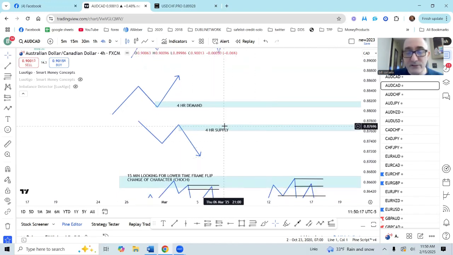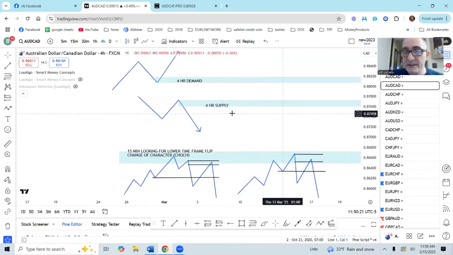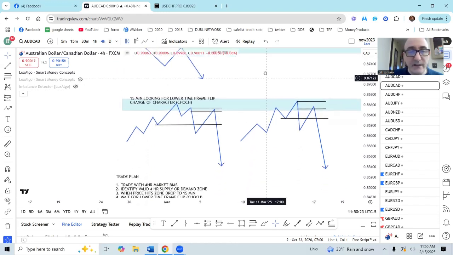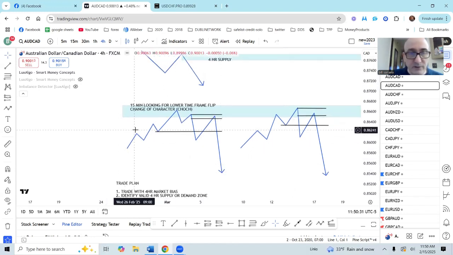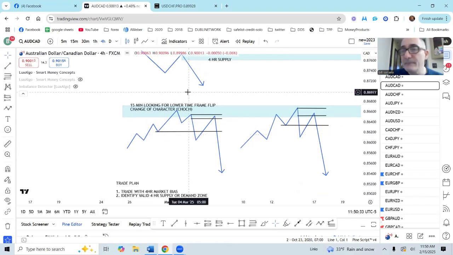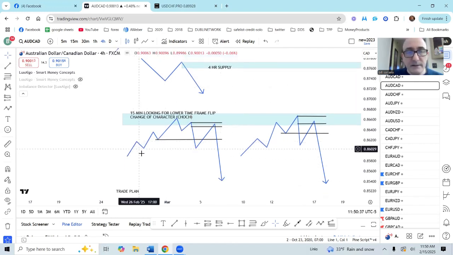Now, once these areas are hit, right, you set your alerts right at the beginning of those areas, and once they're hit, then you would drop down to the 15-minute time frame looking for that lower time frame flip, change of character, right? And so what happens here is price is coming up on the 15-minute now, right? Okay, price is coming up. It's making those higher highs, higher lows, higher highs, higher lows. It goes into our 4-hour